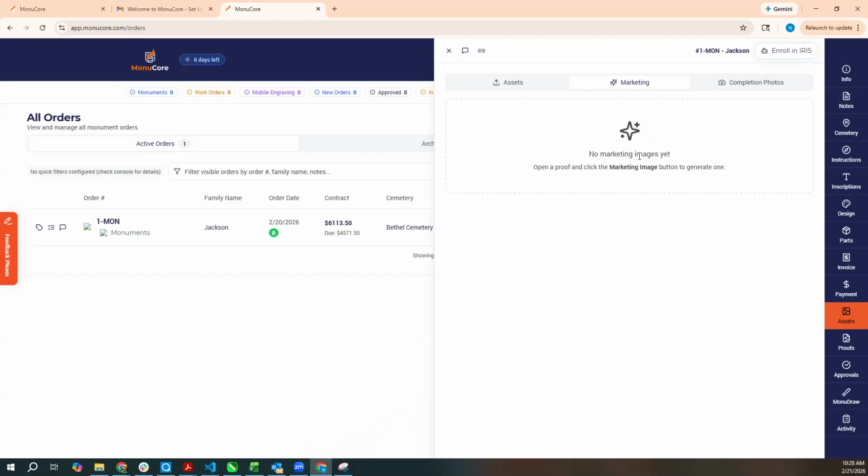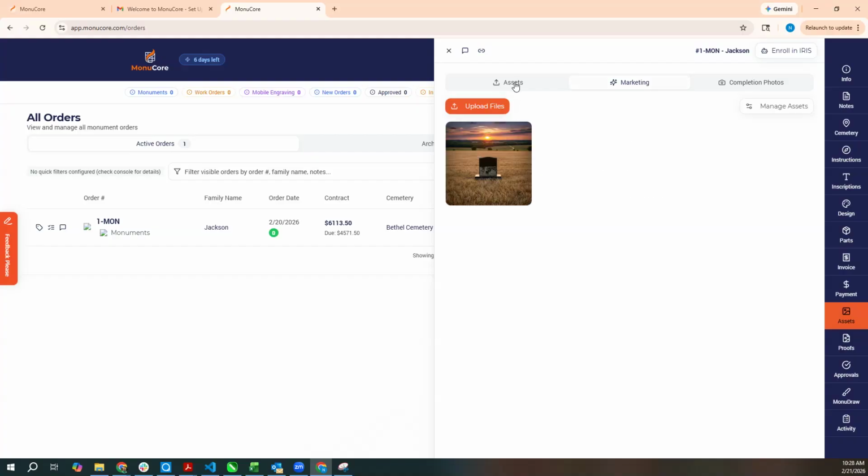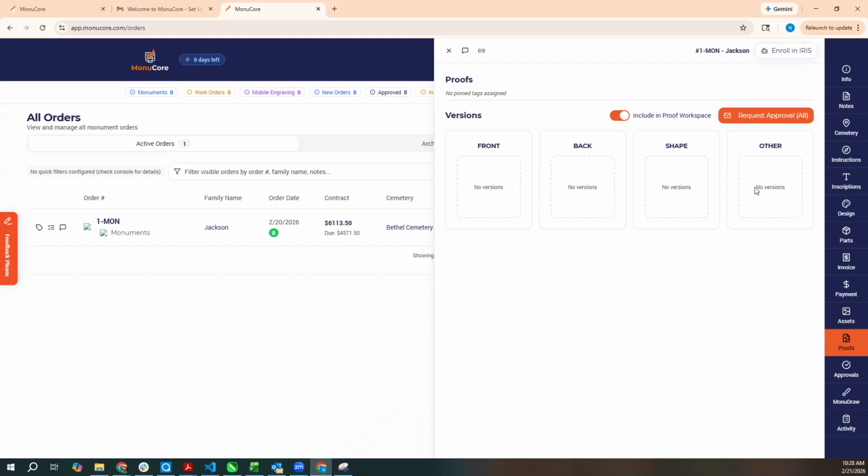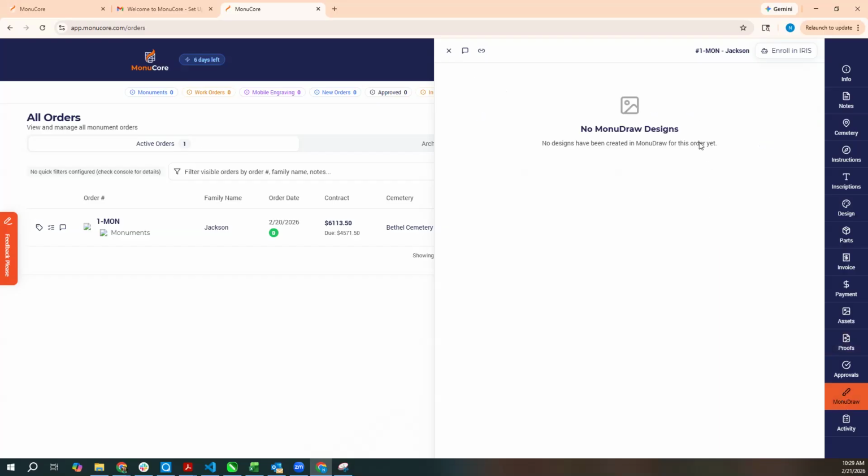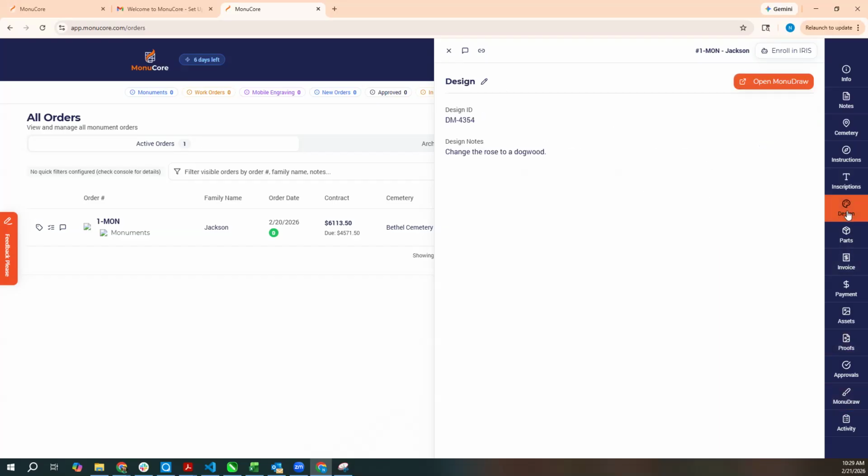Marketing, these are images, AI generated images from your 2D proofs. We'll show you that here in a minute. Okay, proofs, this is where the proofs show up, and you can upload proofs in a couple of different ways, through the proofs workspace or through MonuDraw. So let's go to MonuDraw, and through the designer,